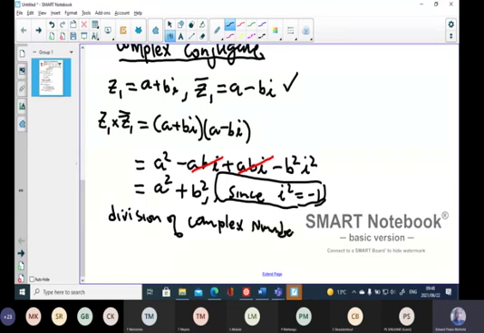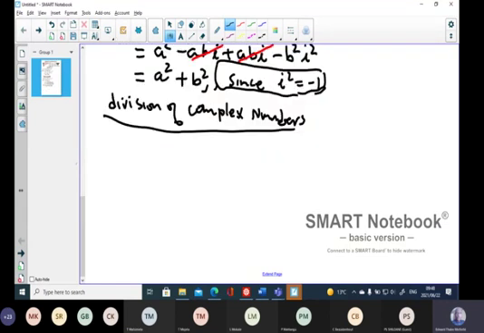Okay, this one will be easy to use an example. So let's say we have 2 minus 5i all over 3 plus 4i. This is equivalent to 2 minus 5i all over 3 plus 4i